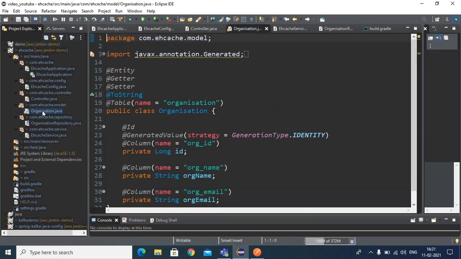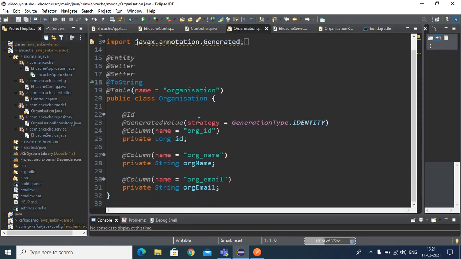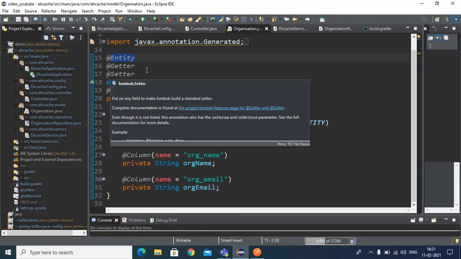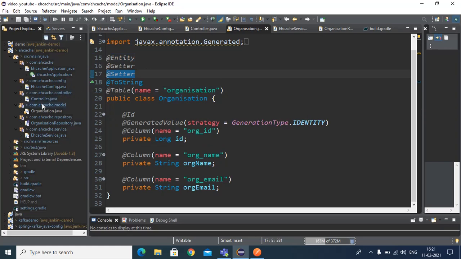For the demo purpose, I have just created an organization. You can see that we have organization name and email, and I will be using Ehcache for this. So I have created an organization class. You can see that this is the entity class, so you can store the data in the database as well. And next I will take you to the